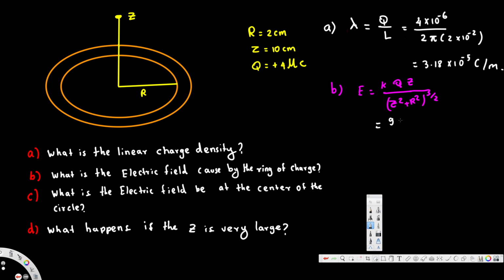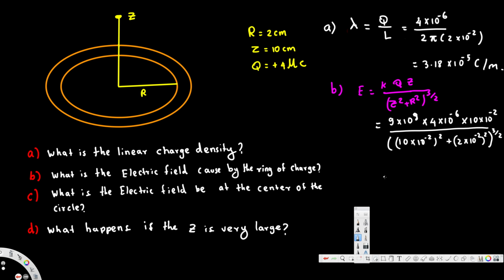This is going to be 9 times 10 to the power of 9, and the charge provided is 4 microcoulomb, so this is 4 times 10 to the power of minus 6, and then the Z value is 10 times 10 to the power of minus 2. In the denominator we have Z square, that's going to be (10 times 10 to the power of minus 2) square, plus we have R square, R is 2, so (2 times 10 to the power of minus 2) square, whole power 3 by 2. And if you calculate this one, you are going to get,